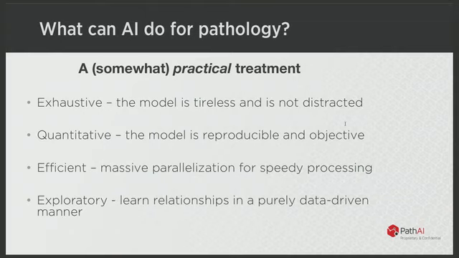Not to belabor the points, but why these approaches are really valuable in this application is that they allow you to exhaustively analyze slides. A pathologist is making so many errors because they're overwhelmed. There are two reasons. One is that humans aren't good at interpreting visual patterns. I actually think that's not the real reason, because humans are pretty darn good at that. There are difficult things where people can disagree, but when people focus on small images, frequently they agree.